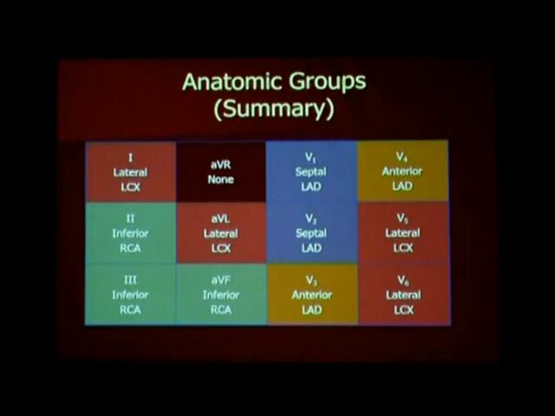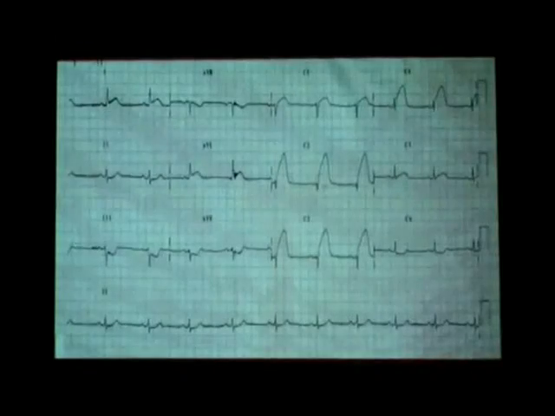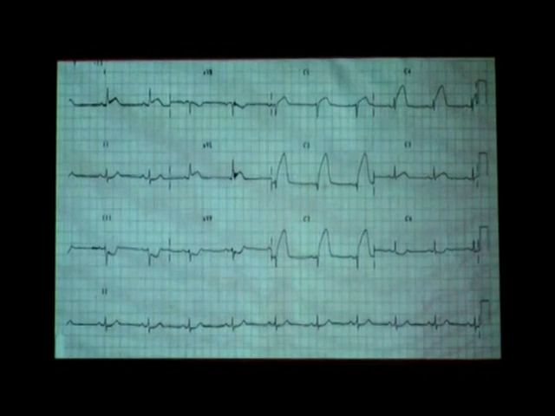Ischemia is usually a chronic moderate occlusion. Infarction is a chronic total occlusion. Injury is always an acute occlusion. If it is ST elevation, it is acute total occlusion. The treatment of choice is,